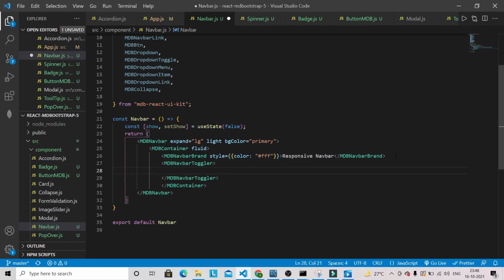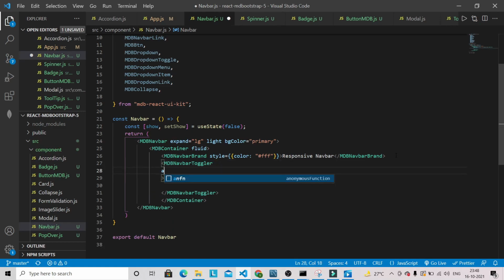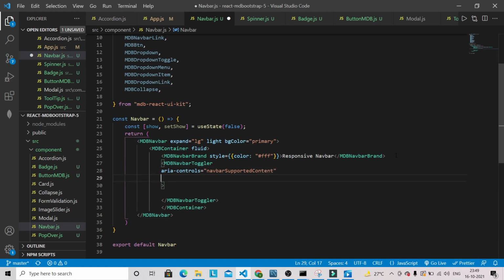Okay, and we need to pass some props. The props like aria-controls equal to navbarSupportedContent, aria-expanded, and this will be false.